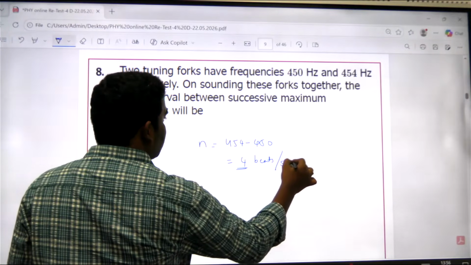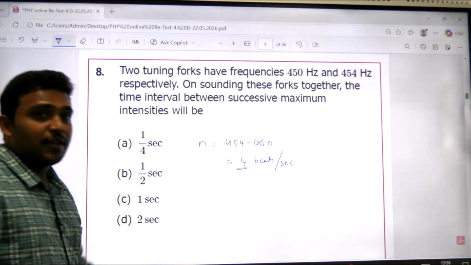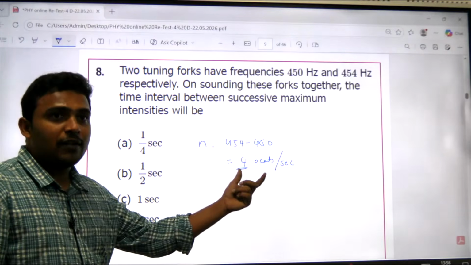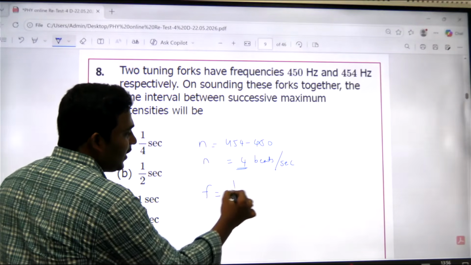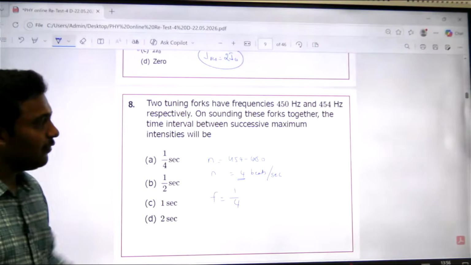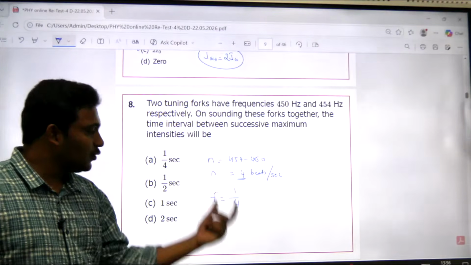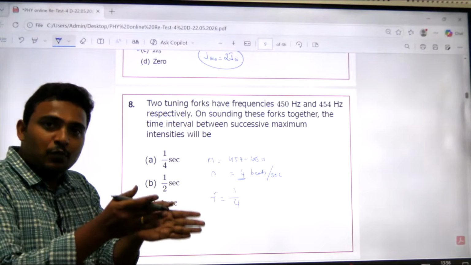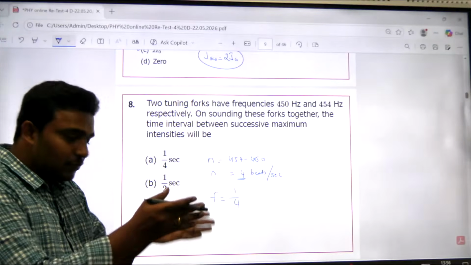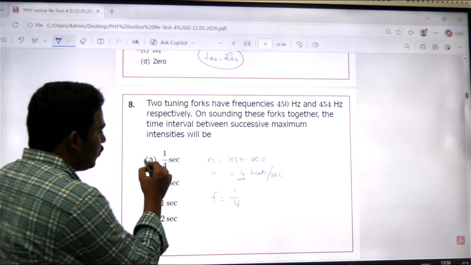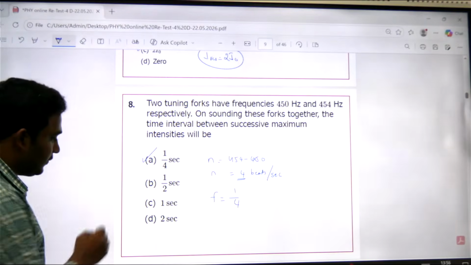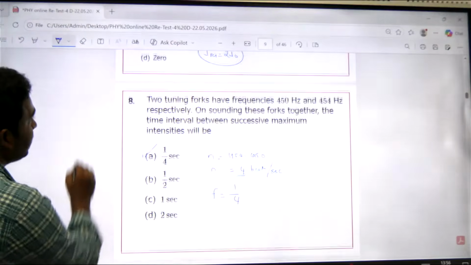per second. That means there are 4 beats every second. So what is the time period now? Can I simply write it as 1 by 4? Every second you are listening to 4 beats. So the time period between two successive beats will be equal to 1 by 4 seconds. So it is option A. And coming to the next question,